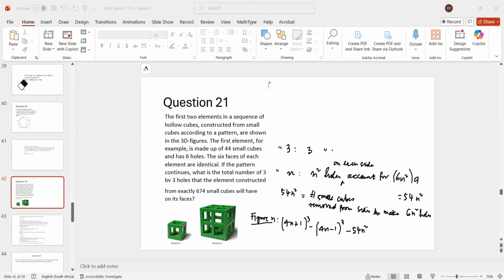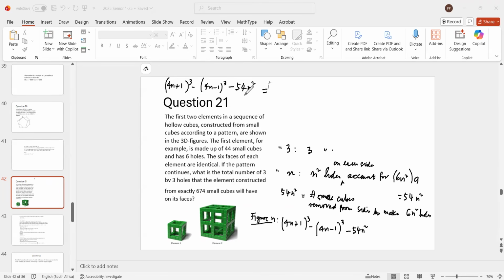I got a thing to calculate here. So this is 4n plus 1 all cubed minus 4n minus 1 all cubed minus 54n squared. This is the total number of cubes that are used to construct a thing in the nth figure,